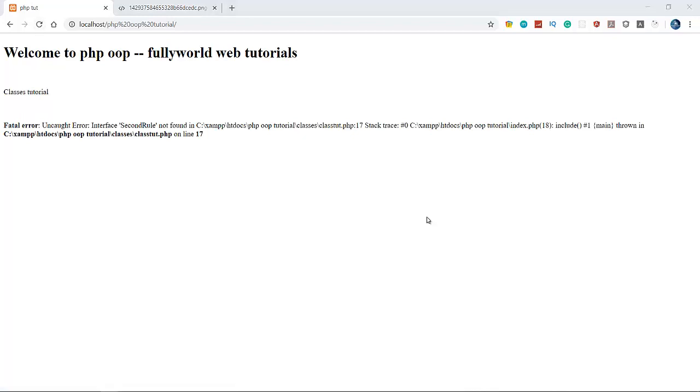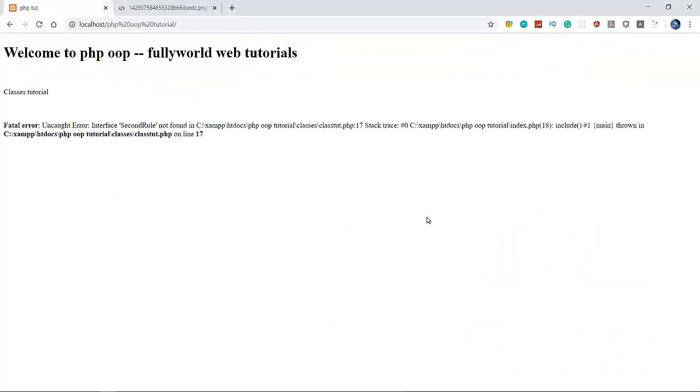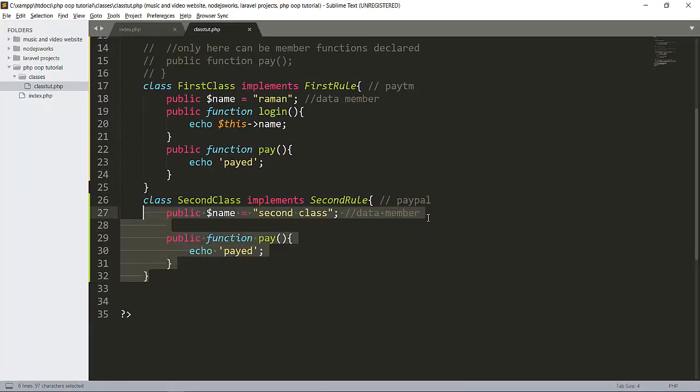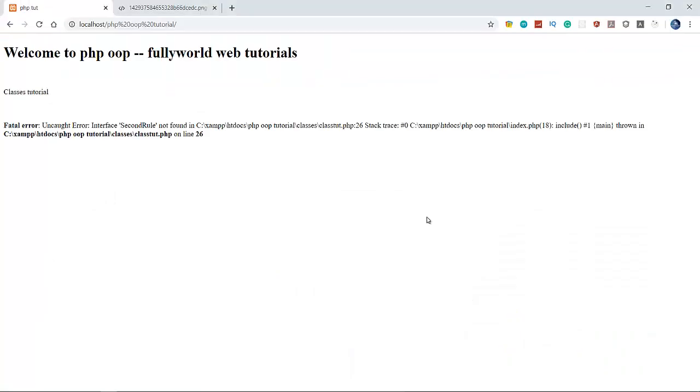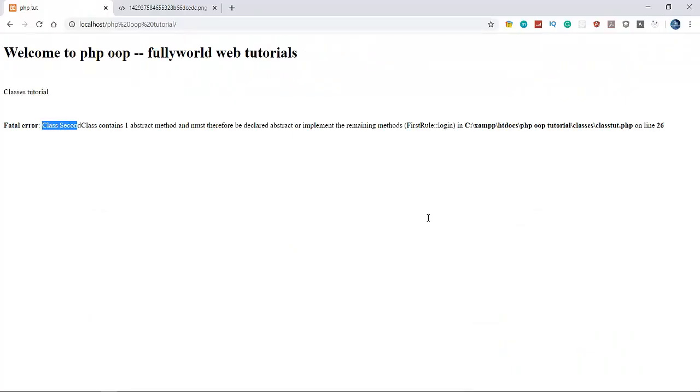Sorry, I am removing the second rule here because the second rule is not defined yet. I commented this. So here I am also giving our first rule here. See that here the second class contains one abstract method.